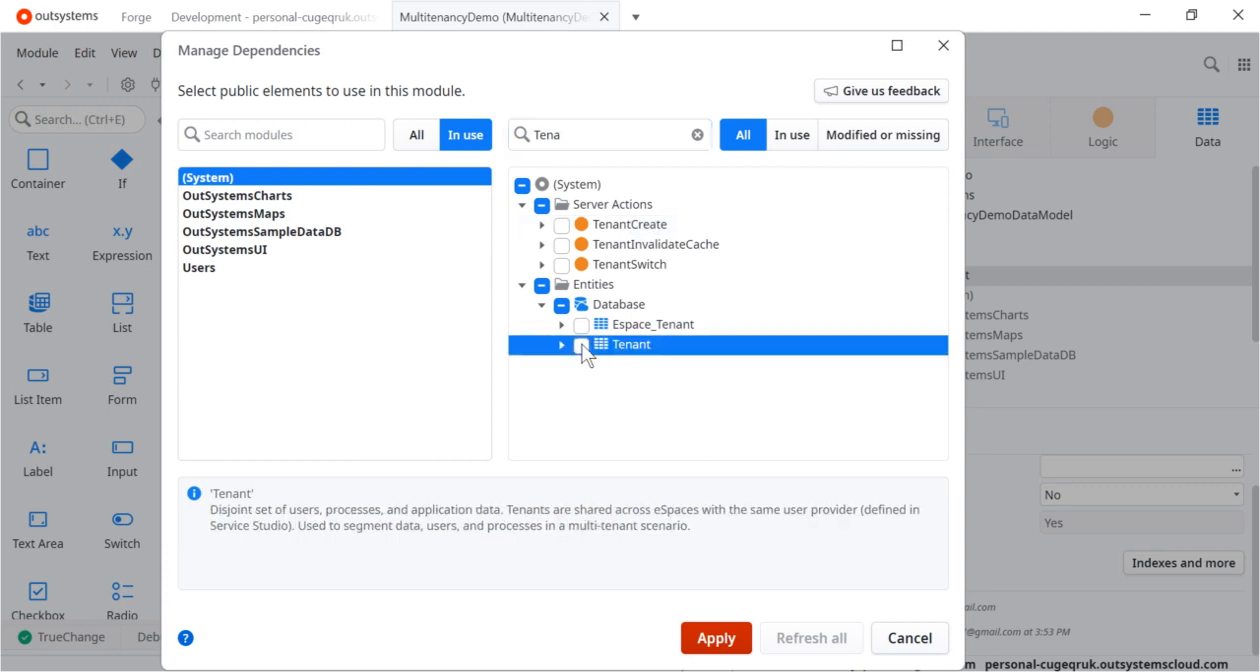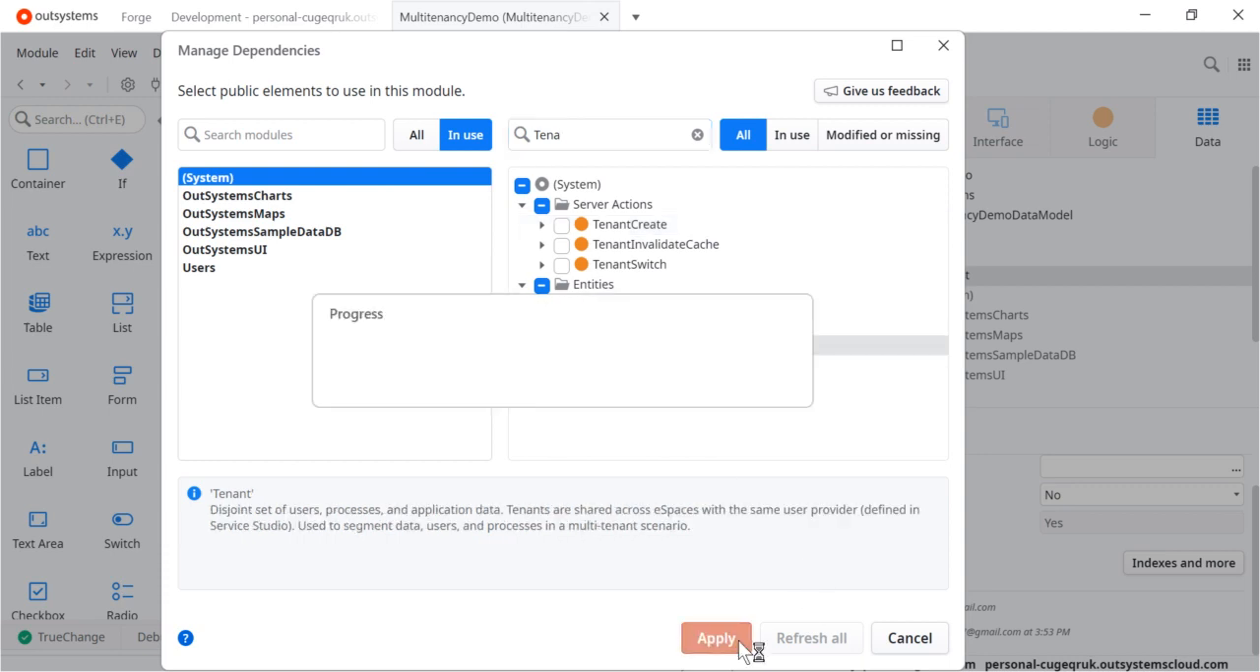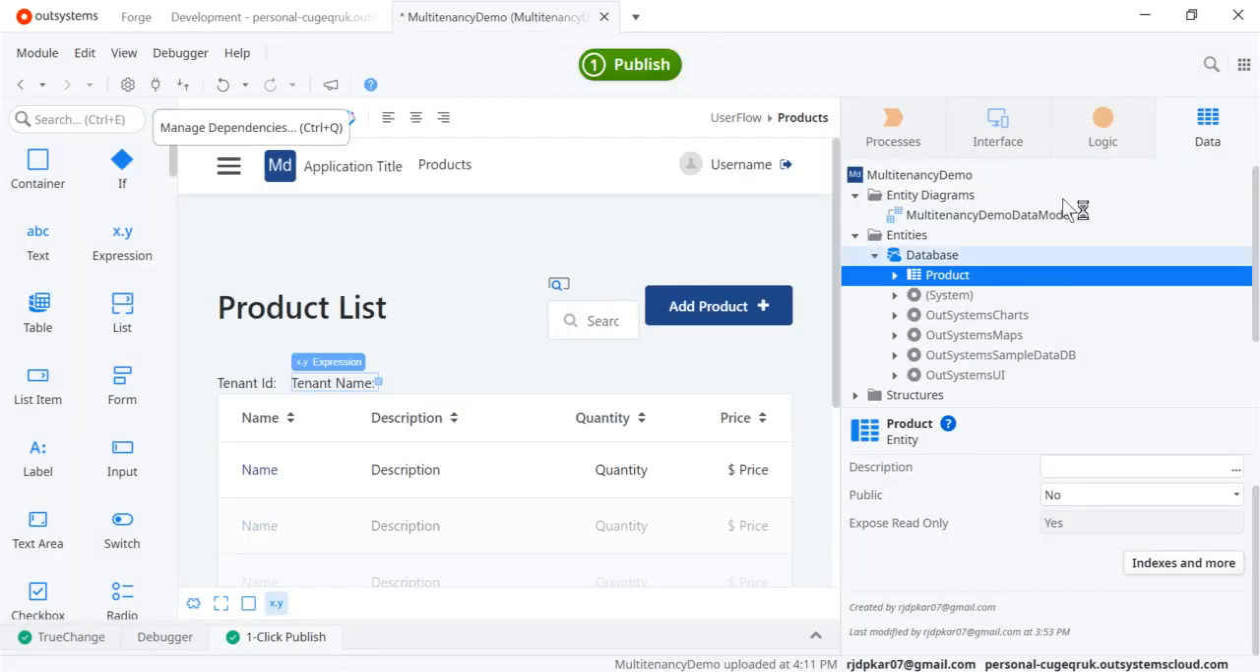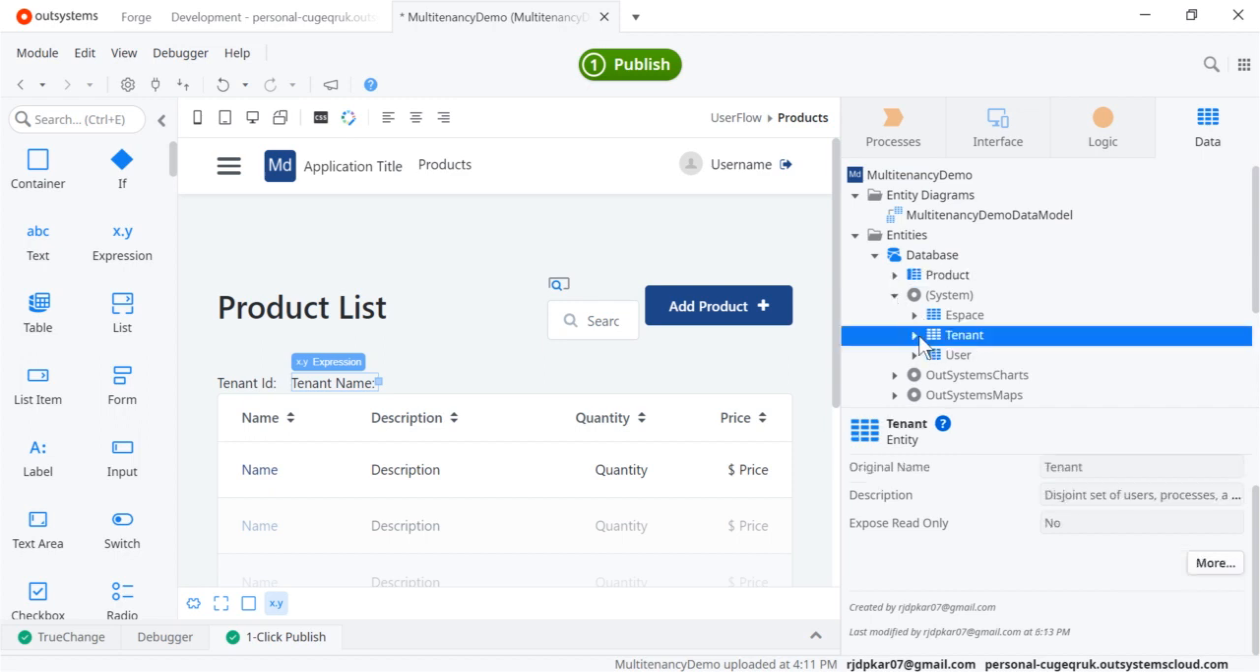Okay, so here we go. We have this tenant entity. So let me add this tenant entity. This tenant entity is the parent entity, and the ID of this tenant entity is referred in each and every entity, okay, as a foreign key. Okay, this is one thing. Another thing is that